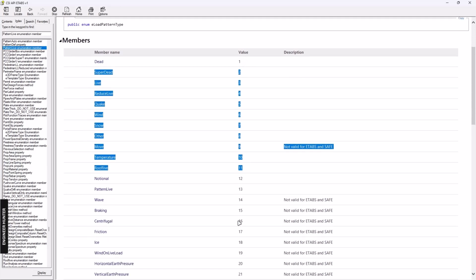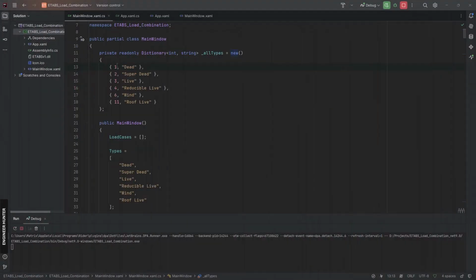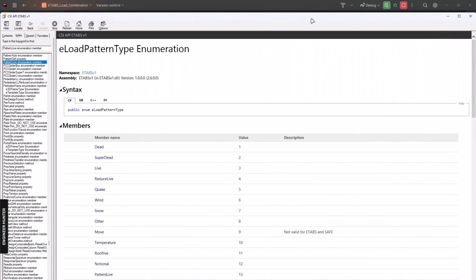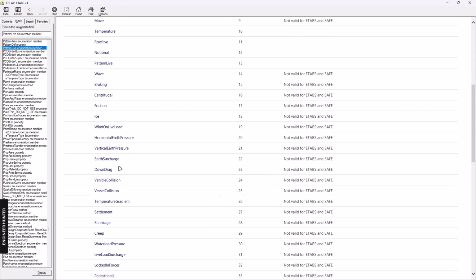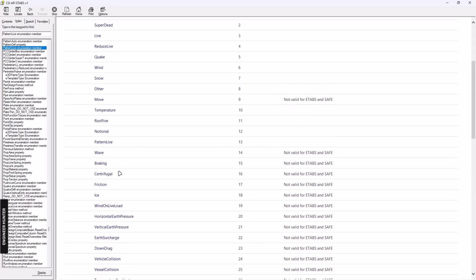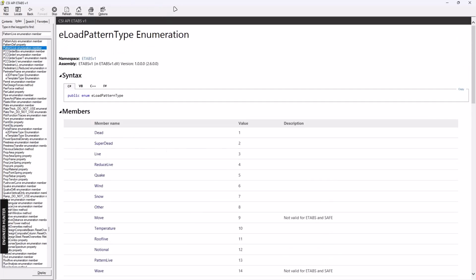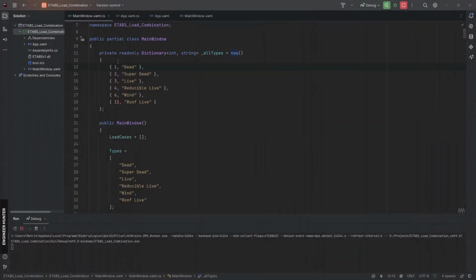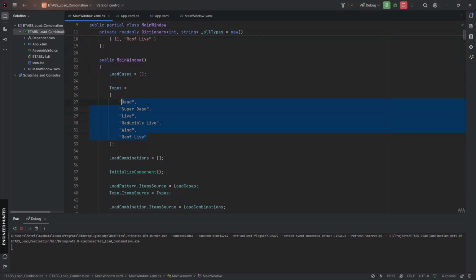Here, this is the value. So this is like the index of this load. So we use something like this, and we can create more load patterns as well, but I only include the dead load, live load, and wind load. But we have something more like earthquake, soil pressure or something, so you can add more, but in this video I will show you only 6 types of load pattern,